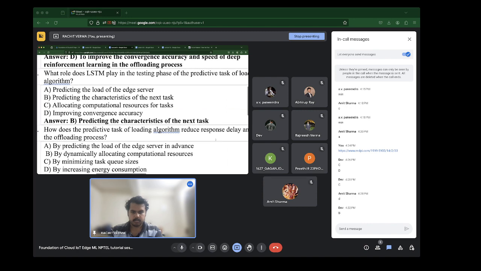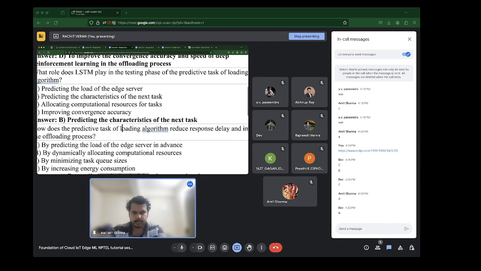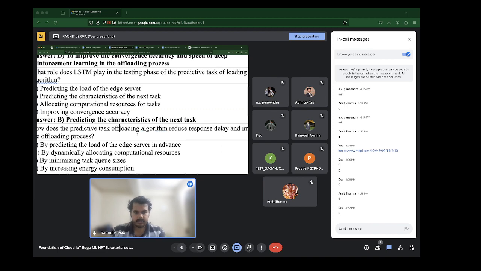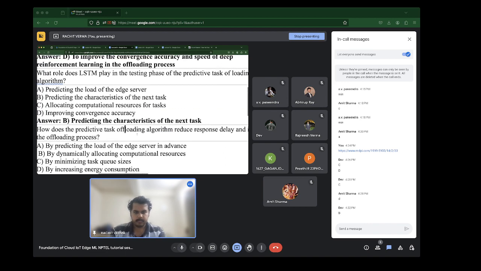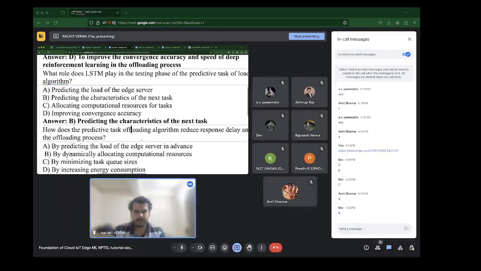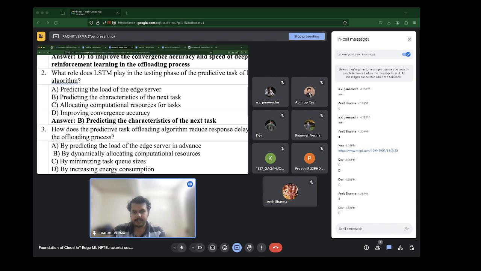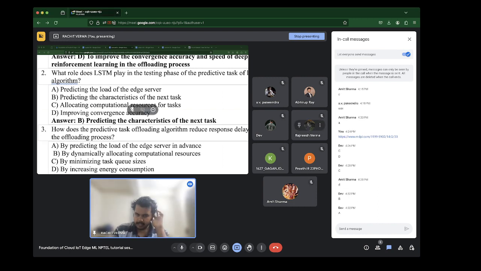So how does the predictive task offloading algorithm reduce response delay and improve the offloading process? Is it A, by predicting the load of the edge server in advance? B, by dynamically allocating computational resources? C, by minimizing task queue sizes? Or D, by increasing energy consumption?